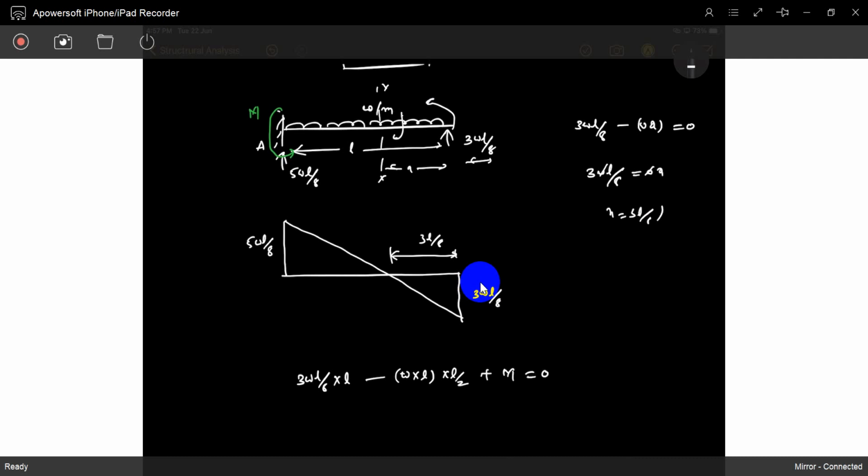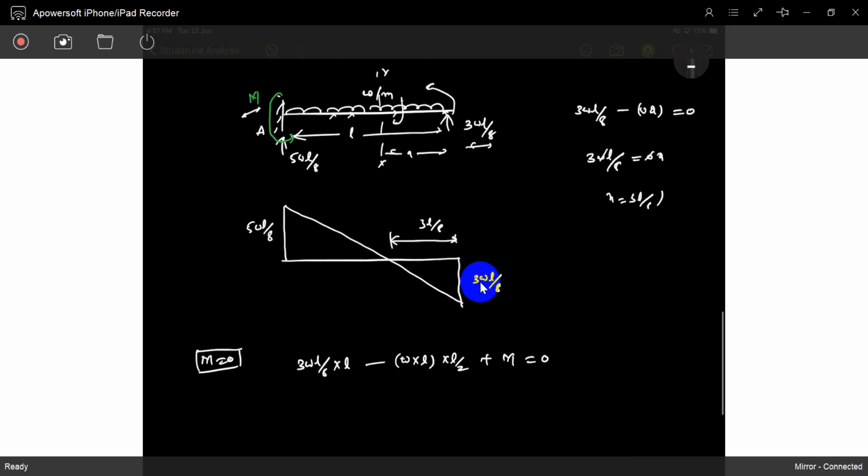And moment at every point is 0, not only A. Moment is 0, not a bending moment. That is M equal to 0, not a bending moment. Moment is 0 at everywhere. That is only static analysis. I said so many times, not a bending moment. Bending moment is there as M. But moment is 0 at everywhere. Not only A, it's B, every place the moment is 0. If moment is not equal to 0, it will go down. It has some velocity. It is moving. It is not a static analysis. I said so many times.